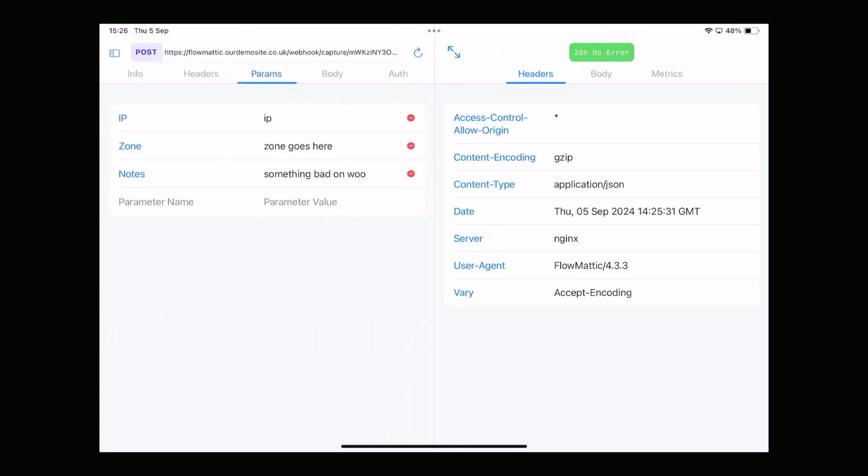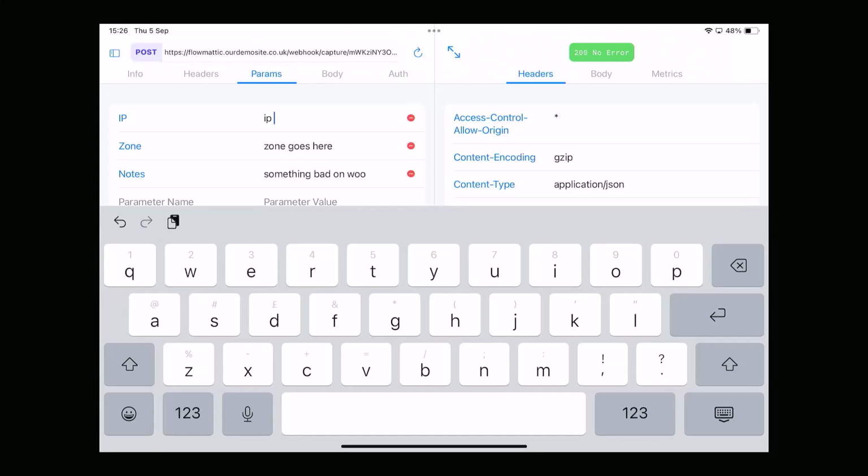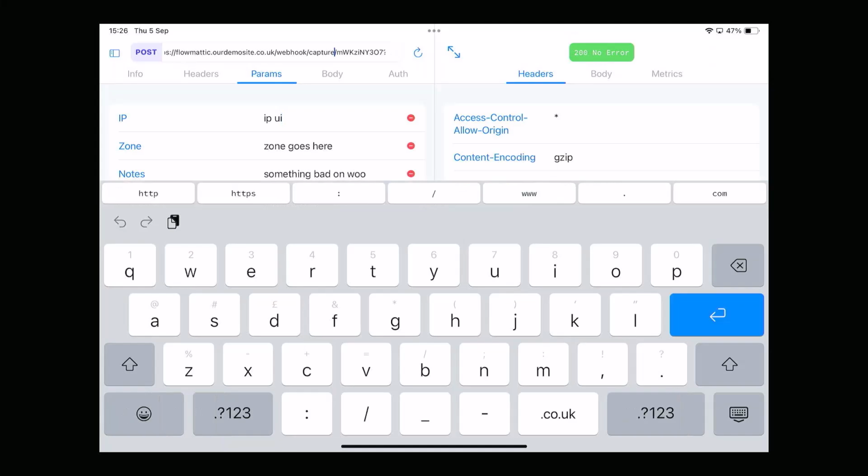And I'm actually going to change these parameters so you know that it's done here. I'm going to change the IP address, and I'm going to put, I don't know, some random word, UI. There you go. We're going to send an IP UI, not real. It's not going into the rest of the flow anyway, so it doesn't matter. So we're going to send that, and I'm going to go up to our hook, push enter,